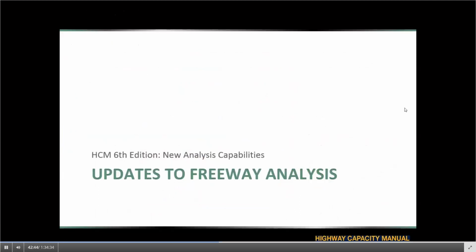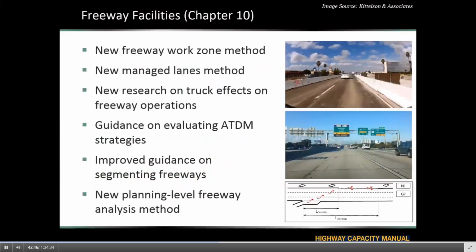A few features specific to the freeway analysis have changed now. The webinar hosted in December of this year will go into additional detail. There's a brand new freeway work zone method developed under NCHRP 3-107, a new managed lane method that was developed in